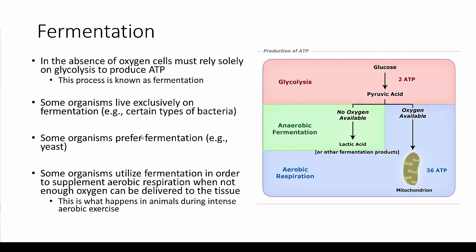energy. Some organisms can live in an oxygen-rich environment, but still, for various reasons, primarily evolutionarily, prefer fermentation. This goes for yeast, for example. So yeast can actually thrive in both oxygen and anoxygenic environments. And then some organisms, like you and I as animals, we actually prefer aerobic respiration because it's more efficient, but